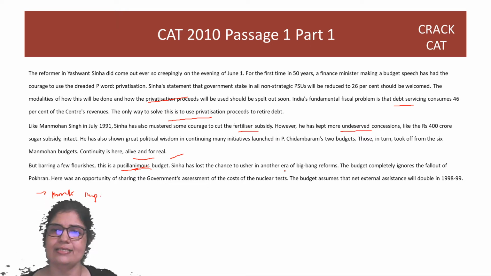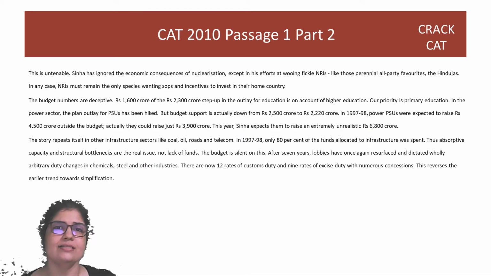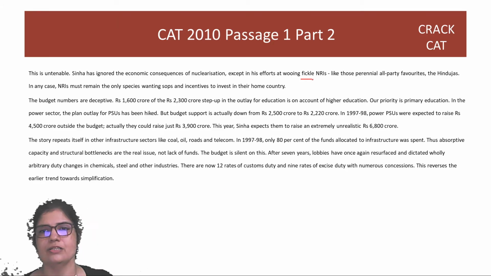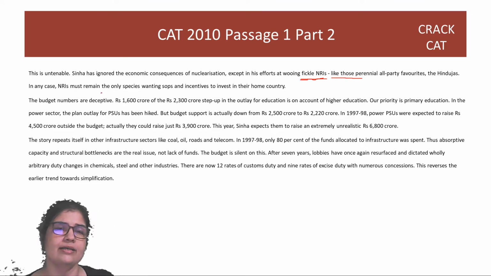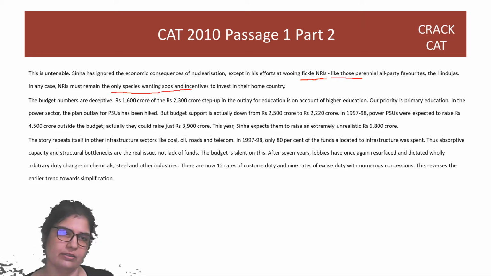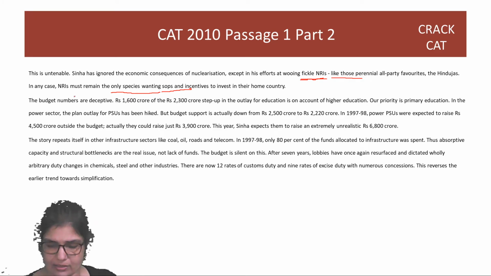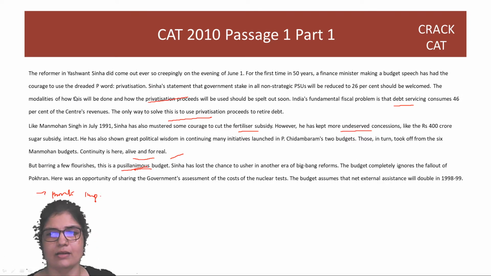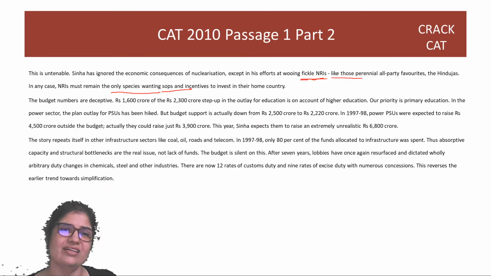And assumes that net external assistance will double. This is not possible, has ignored the economic consequences of nuclearization, right? Except in his efforts at wooing fickle NRIs. So, fickle is not a positive word, okay? Fickle is someone who keeps changing their mind, who does not have a stable outlook. Like those perennial all party favorites, the Hindujas. In any case, NRIs must remain the only species wanting sops and incentives to invest in their home country. Okay, so they're saying that going ahead by assuming this net external assistance will double